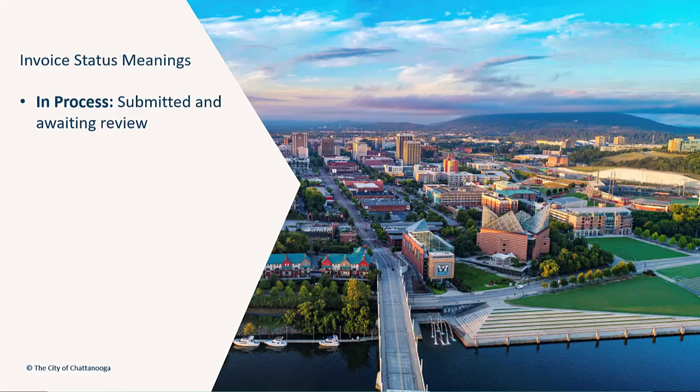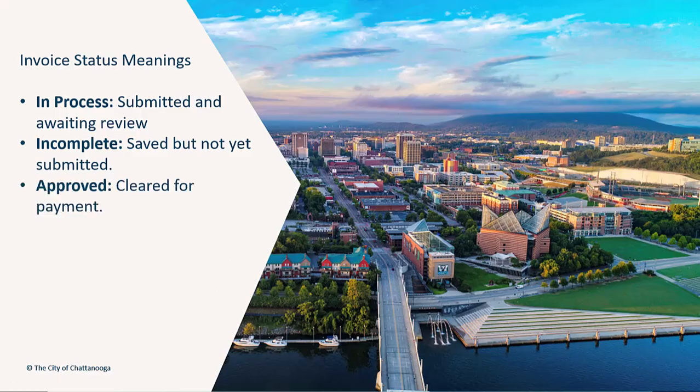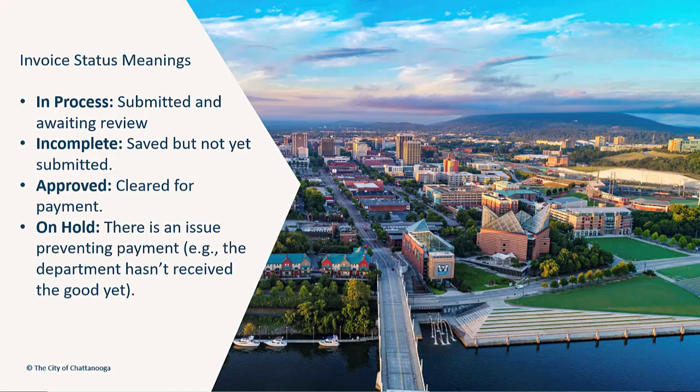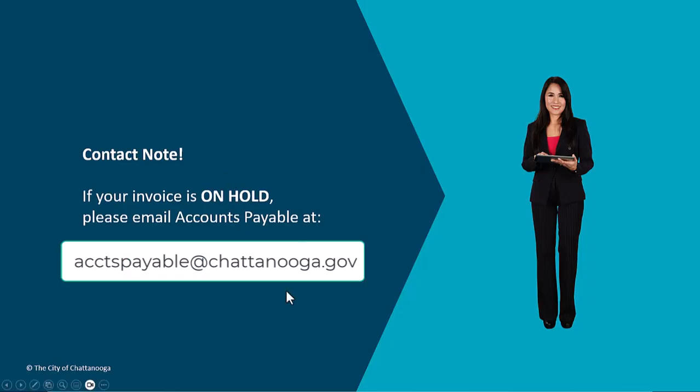There are other statuses besides in process, which we learned means that the invoice has been submitted and is awaiting review. Let's learn about the different status meanings. Incomplete is when an invoice has been saved but not yet submitted. Approved means that the invoice has been cleared for payment. On hold is when there is an issue preventing payment. A common example is that the department hasn't received the goods yet. Contact note: if your invoice is on hold, please email accounts payable at